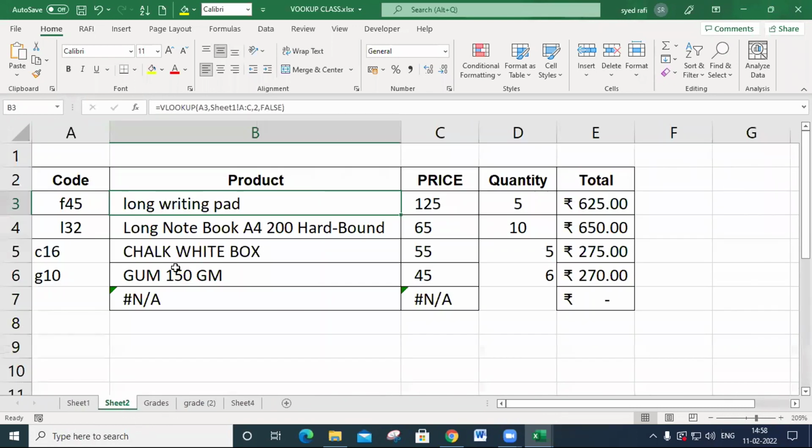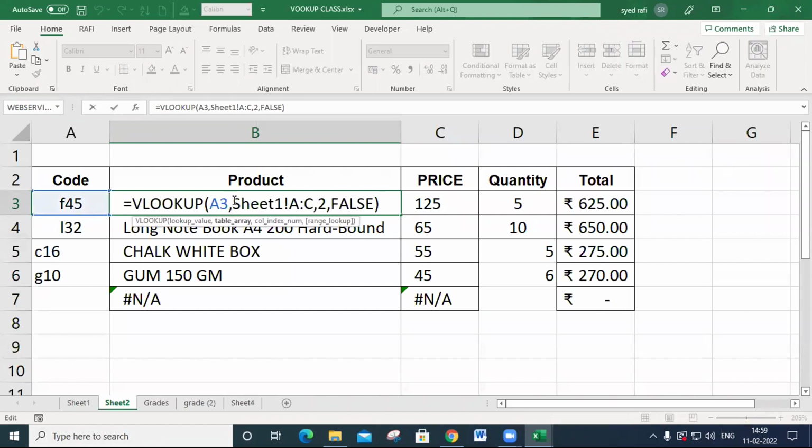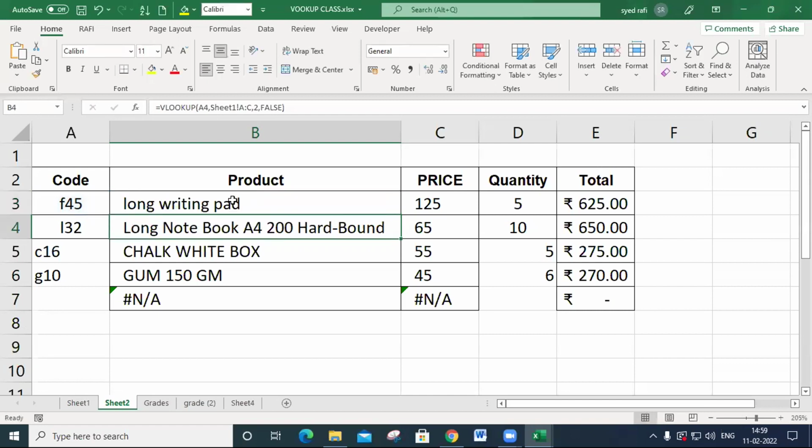Okay. And one more thing you may concentrate on. You must put dollar signs, but where do we put the dollar signs? This example can't show you the errors. In the next example, I will show you where it raises errors and how to rectify those errors by placing dollar signs. Okay, I hope you can understand how we write VLOOKUP. This is a simple example, that's why it doesn't confuse.